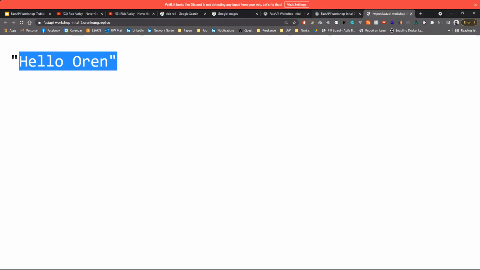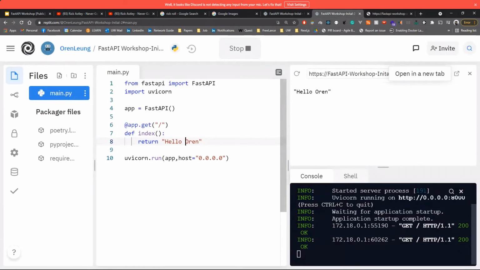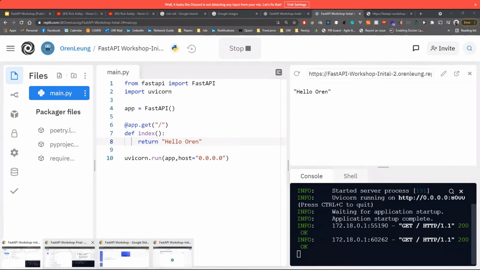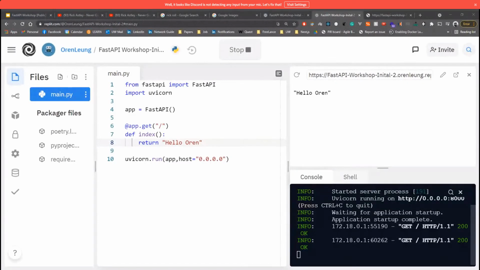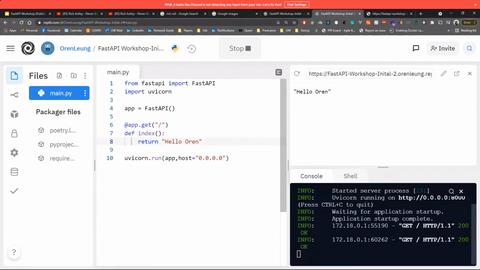All right, awesome. So now let's expand upon our application. Now we have a home page, right? Now we could return hello world or hello Orin or hello your name. And now what we want to do is make a counter. So what we're going to do is